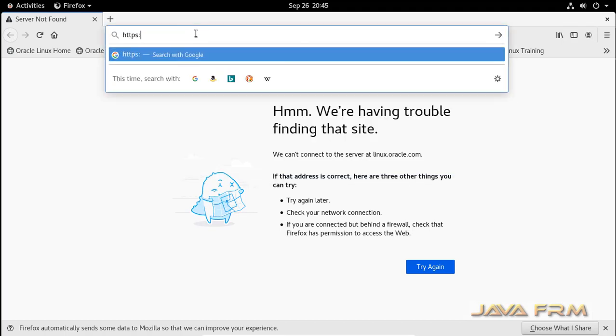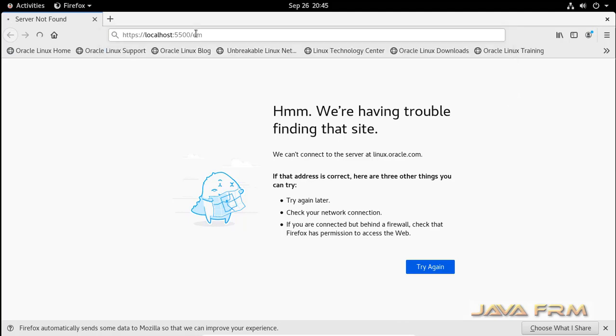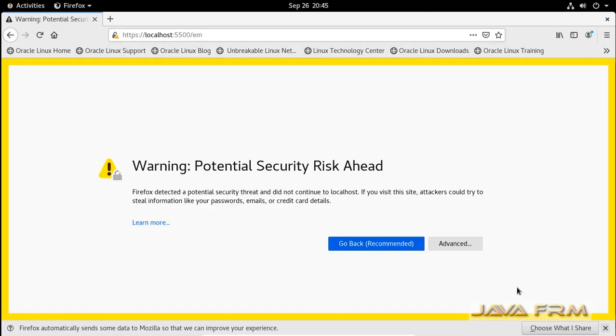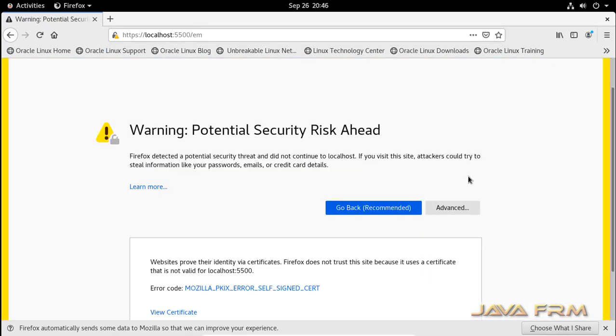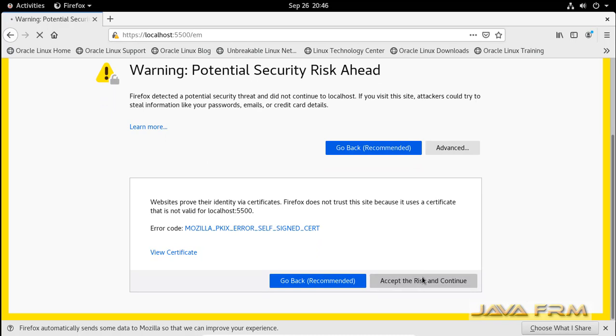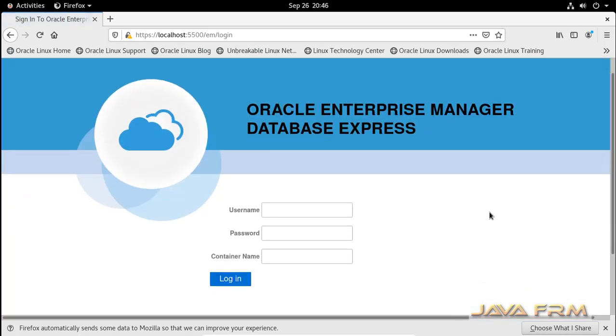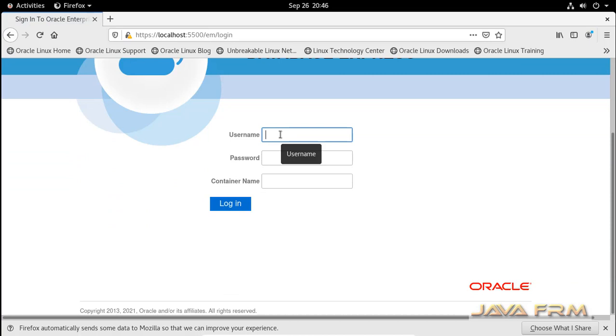It is used for monitoring the database, so monitoring data will be displayed in Enterprise Manager. This is the port number for Enterprise Manager, 5500/em. I am going to log in as the sys user, with the password which I provided during the install.